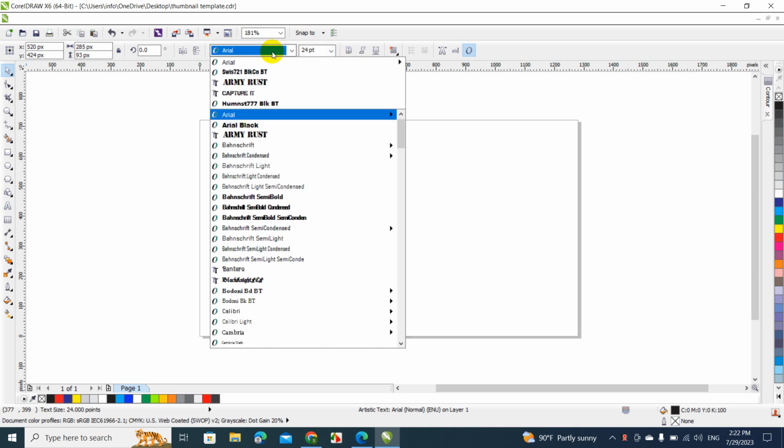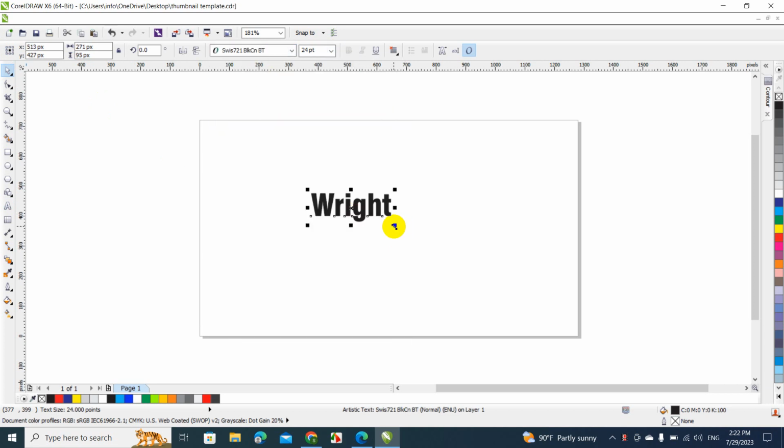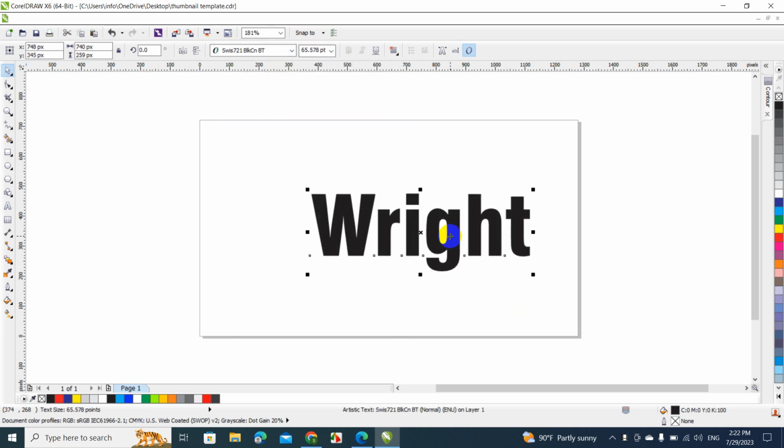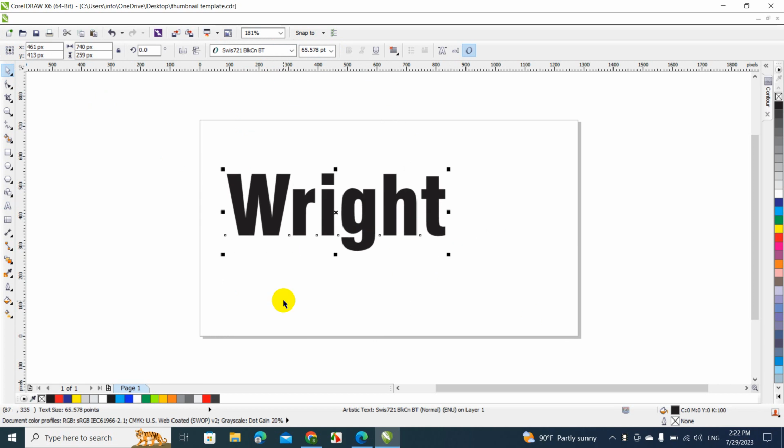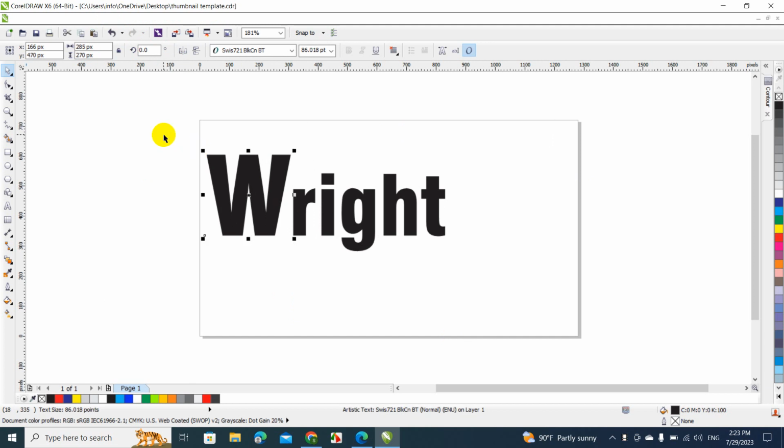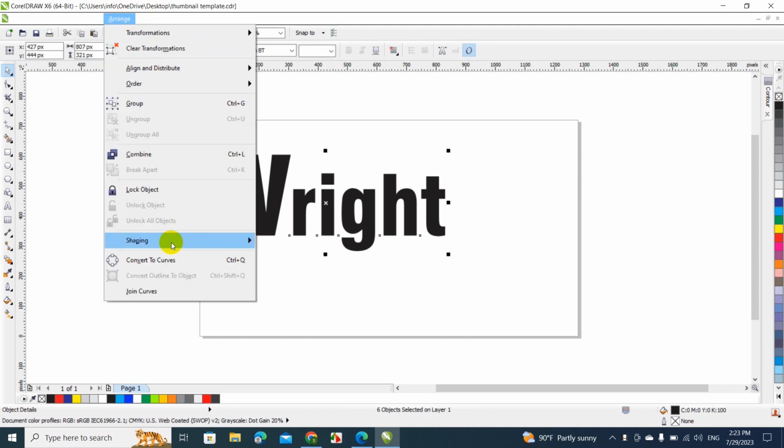And now we're gonna add a nice font, just a regular font actually. It's gonna be a simple design, but it has to be unique. So the first thing I'm gonna do is arrange, break apart, and make this bigger. Okay, now we gotta make this weld,